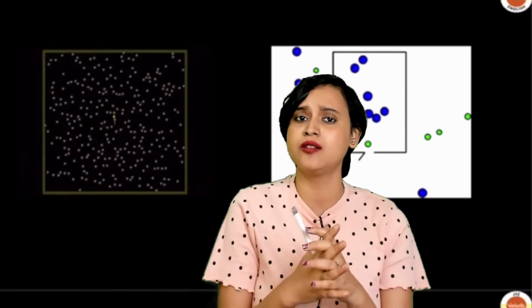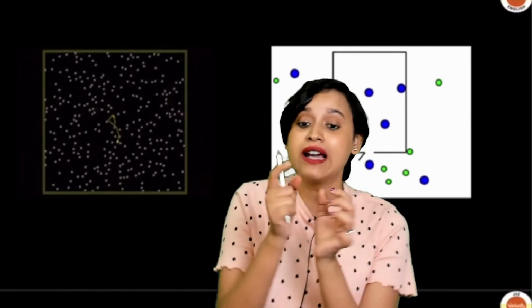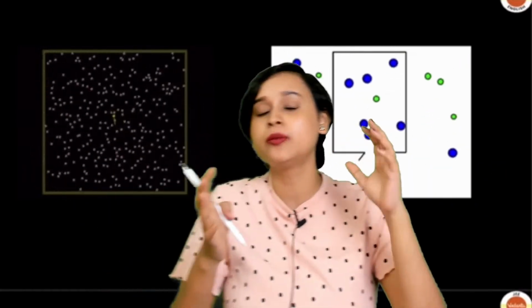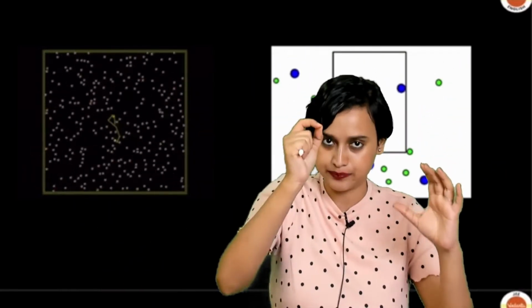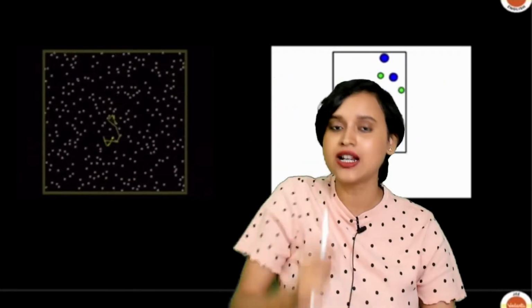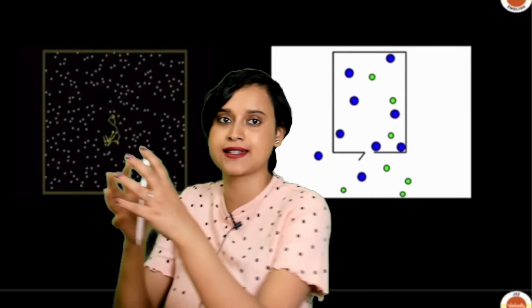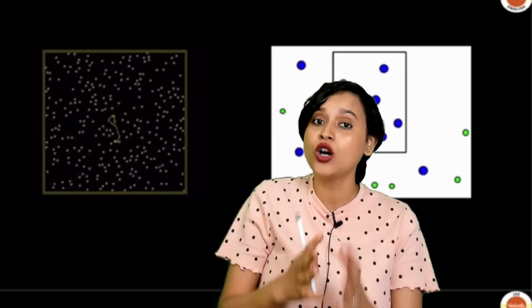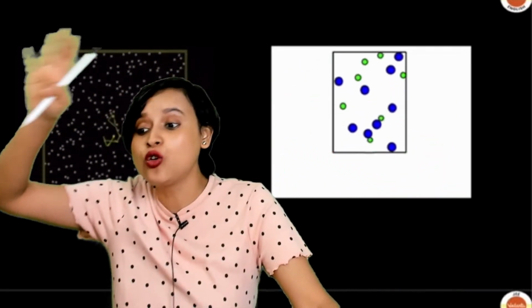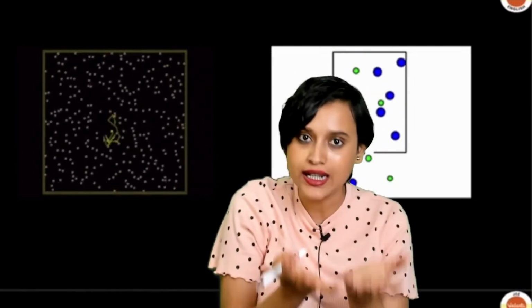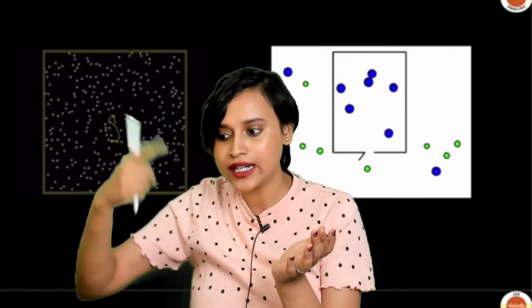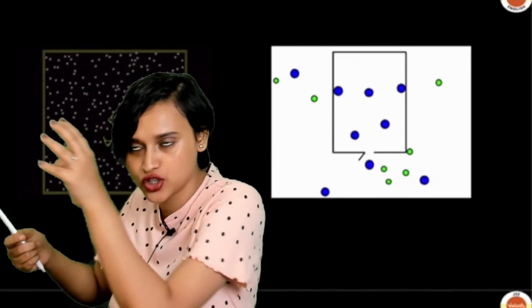In effusion also you see random movement, but effusion is basically when the gas molecules escape through a pinhole. For example, let's say I have a birthday balloon, and in that balloon I have made one pinhole. The moment I make that pinhole, the gas comes out. The molecules are still moving in a random motion, but they are going from high pressure towards low pressure. Inside the balloon the pressure is very high, but outside it is a little low. So that is why it goes out.